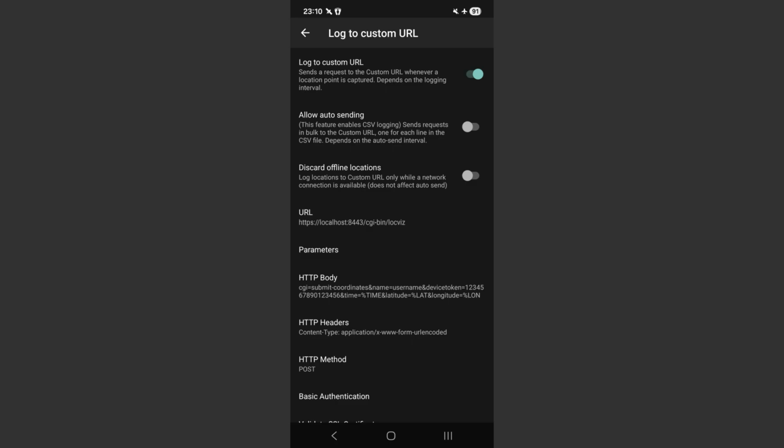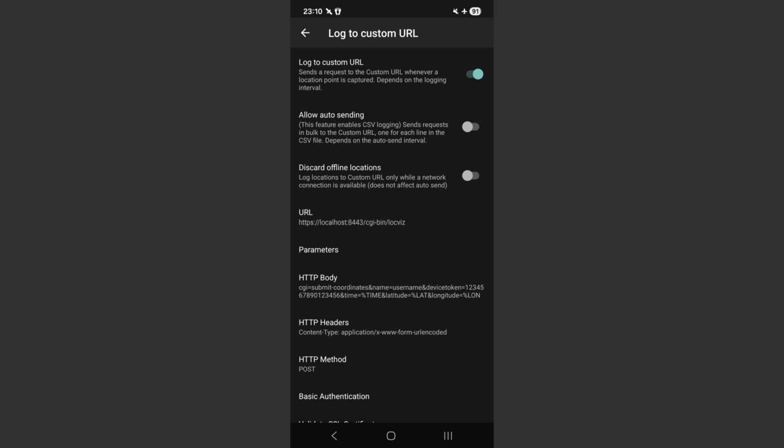Okay, finally I will show you how you can provision an application like Mentalk GPS Logger to submit coordinates to an instance of Location Visualizer. On this screen, which you will see on your mobile device, you can enable logging into a custom URL. Then you enable a few switches, put the API endpoint here, https:// then your host name. So here we have localhost. Of course, if you want to log into an instance of Location Visualizer which you have running on your server, you would put the host name of your server here,